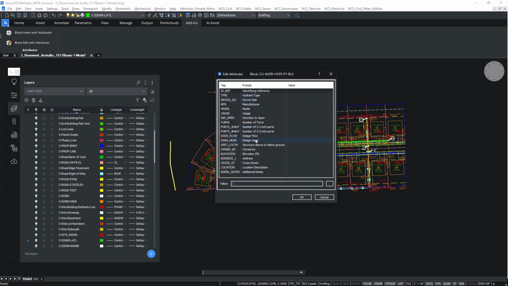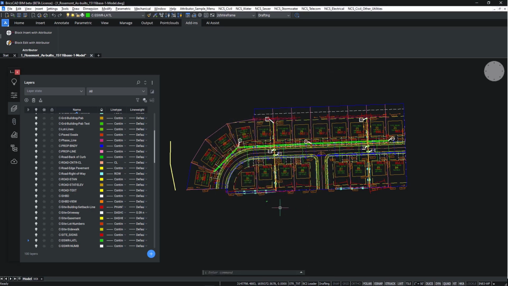When you put the block in, you'll get a dialog that you're used to. These are the attributes already predefined in the dialog, and you'd be able to go in and type any value on any given attribute. And the problem with this is when they say number of turns or direction to open, does that mean left or right or L or R? What is going to be needed when it comes to the end of the story at the GIS or asset management side? So you can insert the block, use that command, or you could use Attributor and type the OS